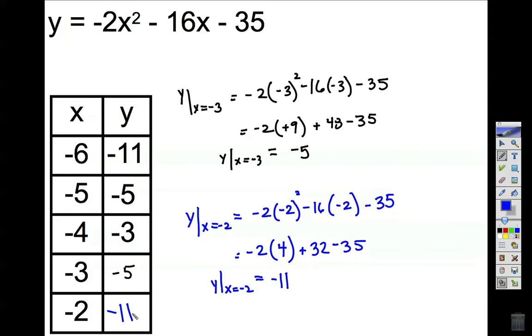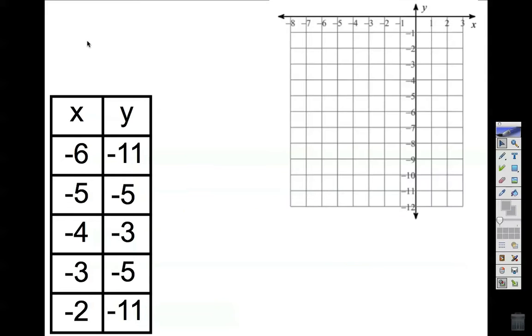Now, as you can see, this is our vertex. Numbers lower and higher on the x value of the vertex, but the y representation is mirrored the same distance from the vertex. And these are the points we are going to plot in our graph or our coordinate plane. So here's our table again. All we have to do is just plot the points and then almost connect the dots. Make it look like a parabola as opposed to straight